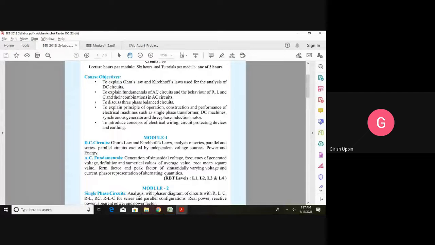Even before we start with our revision, we will look into some of the question papers and try to understand if there are any repeated questions where you can keep your focus. And as I told you, you have to keep a notebook and pen while attending this class. Whatever I am saying, whatever is important, please note it down. Write those questions in a neat way. Write the answers, refer to the textbook, refer to the notes, you can refer to anything. Then write the answers in your own words and try to memorize those.